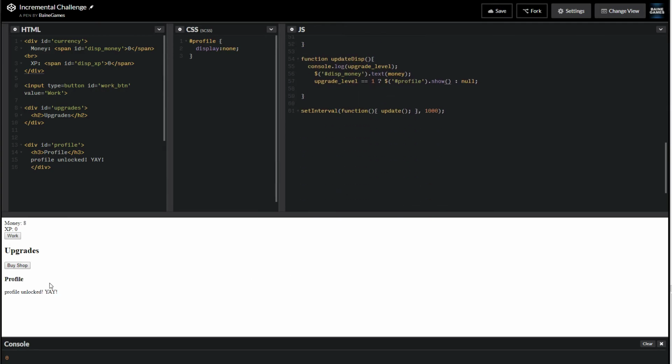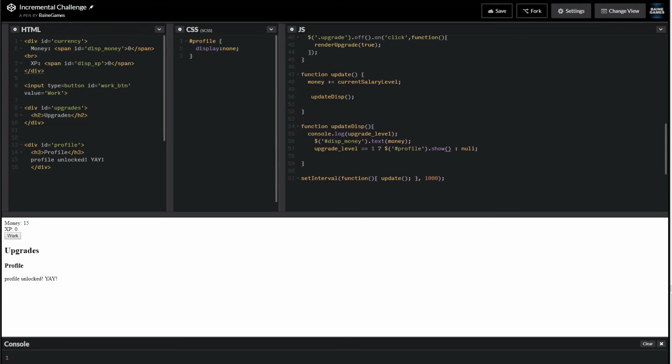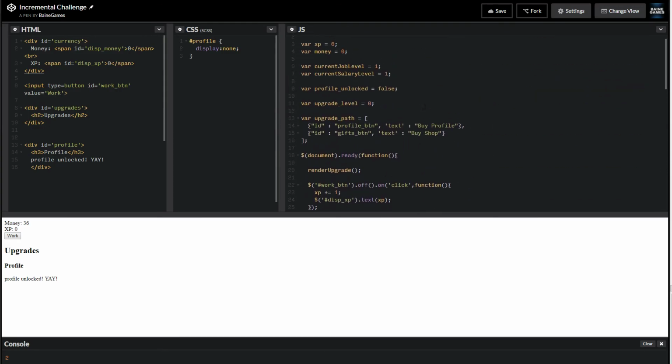By profile, boom, yay, profile is unlocked. So that seems to work out pretty well. Profile stays unlocked, mind you, because I'm setting it up based on, hey, if it's equal to 1, move on. Now, if we think about processing and cost savings, this isn't really cost effective from a processing standpoint, because upgrade level is going to be equal to 1 for a while before something actually happens. So one thing you actually can do is say something up here